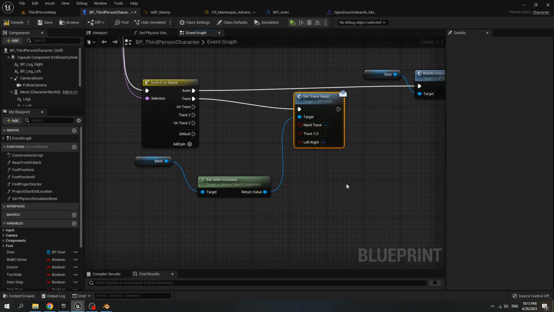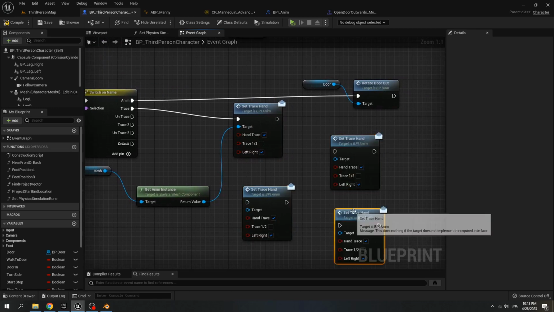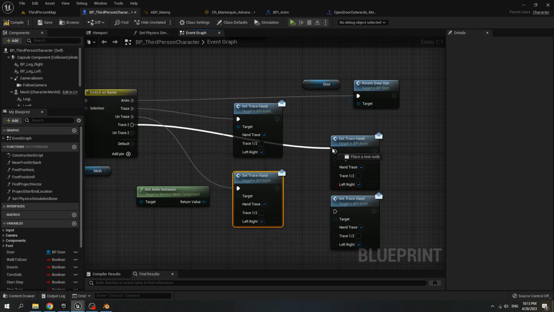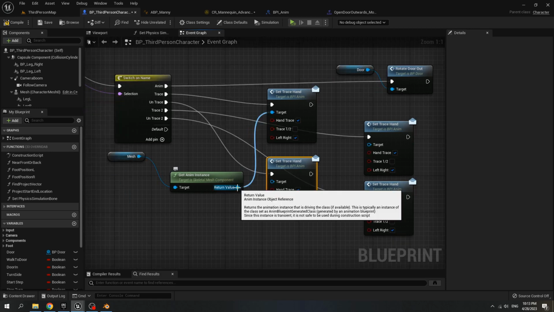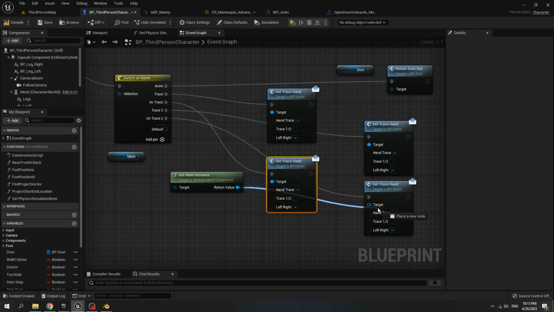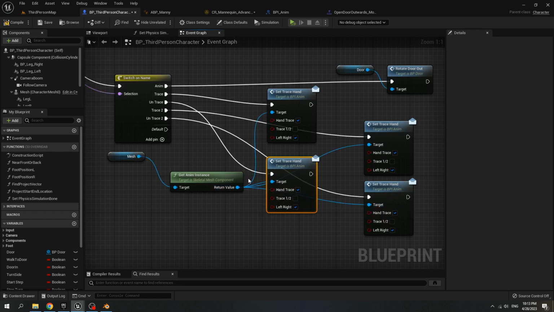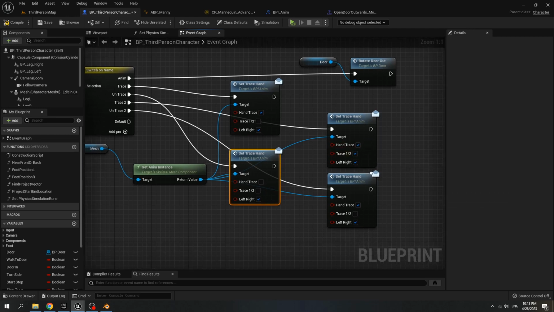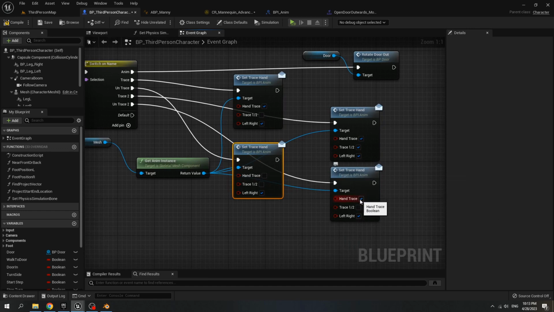Copy this another 3 times, and trace connect it to set trace hand, trace 2, and trace 2. Connect anim instance to target, and to target of these 4 set trace hand, and when it end trace, we set the hand trace to false, and for the trace 2 we set trace 1 or 2 to true, and then for end trace 2 we set hand trace to false and trace 2 to true.